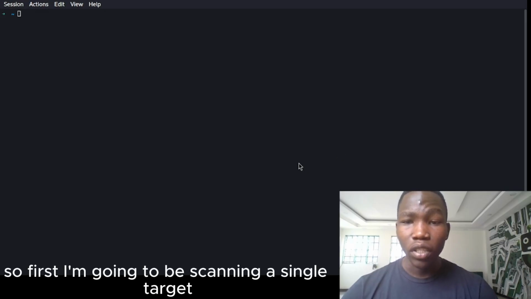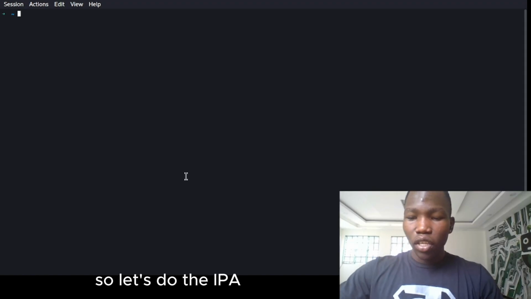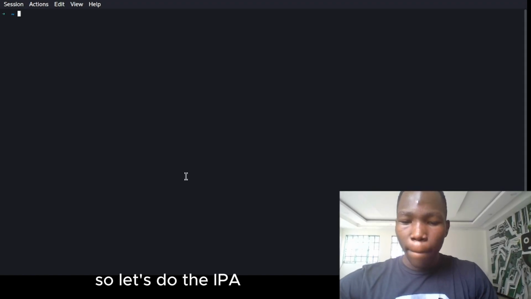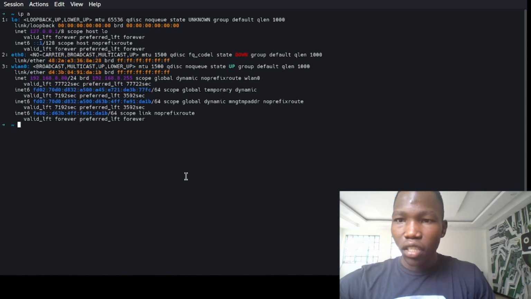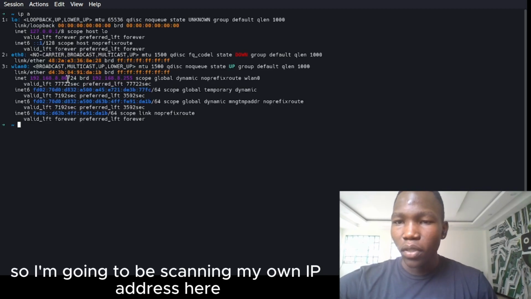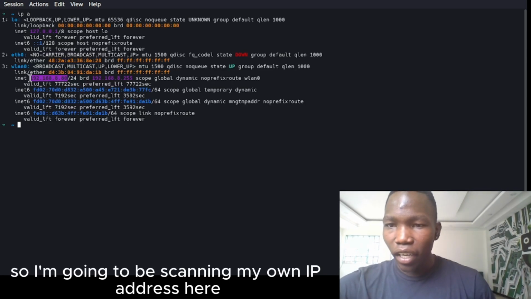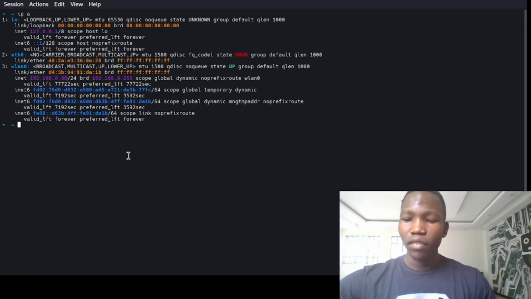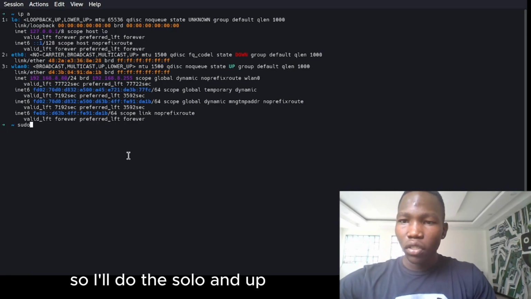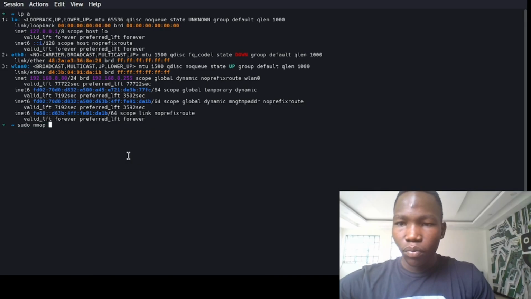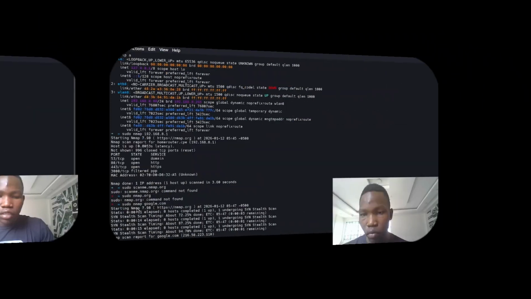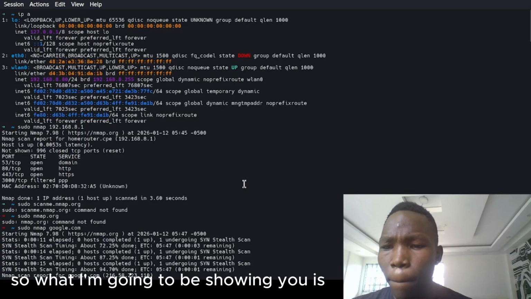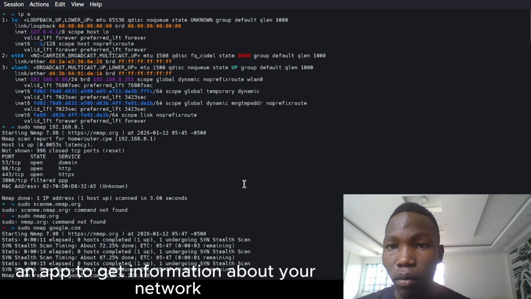First I'm going to be scanning a single target. Let's do the IP a. I'm going to be scanning my own IP address here. So I'll do sudo nmap 192.168. What I'm going to be showing you is how you can use Nmap to gather information about